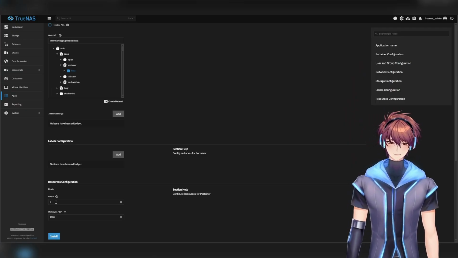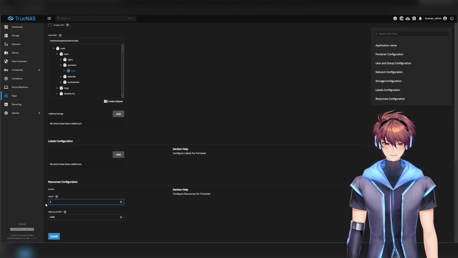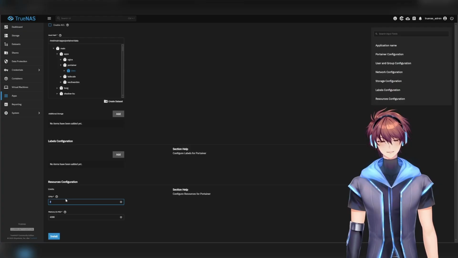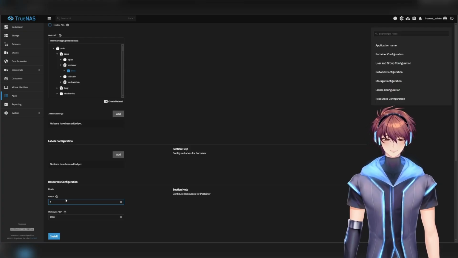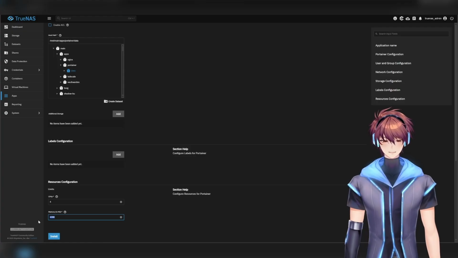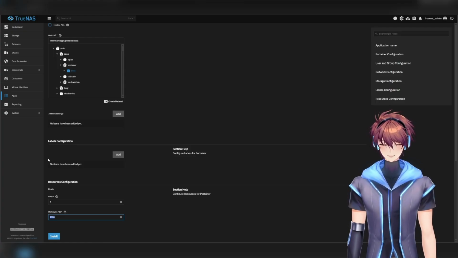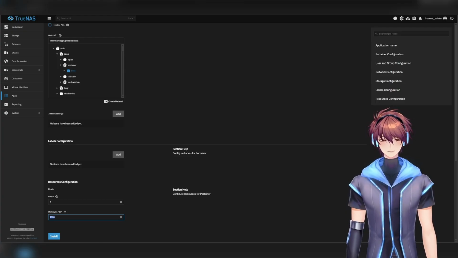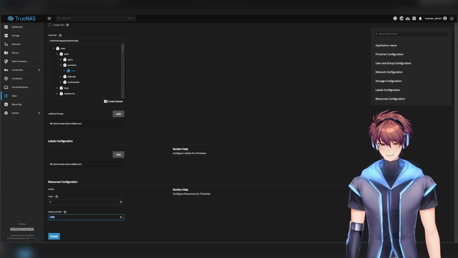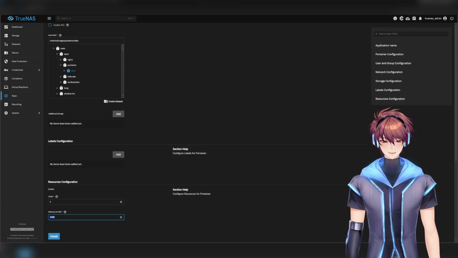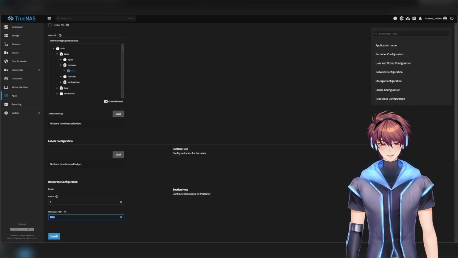However, this part is kind of important if you have a more powerful system. You might want to give this full usage of your system's processes. So if you have more CPU cores, give it more CPU cores. If you have more memory, give it more memory. This just lets you ensure that anything you install on it actually does have access to all of the resources it can. So let's make this